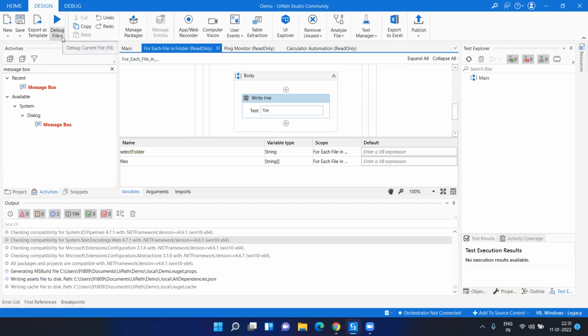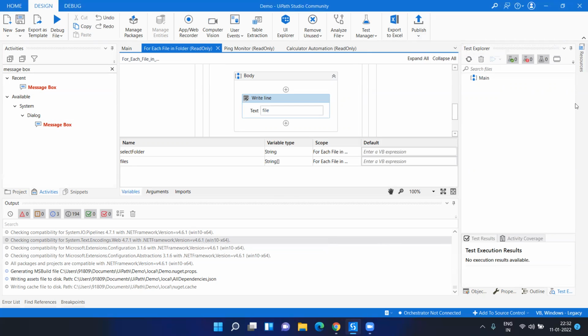If you want to run your project, or let's say the process, you can use the options here: run file, debug, run. And here you can save it as usual, and you can open a new one as well. And export to Excel. Again, it will just be exporting your details to Excel, and publish will be like Orchestrator, whereas you will have a centralized controller of all your processes. Rather than executing from your local system, you can control or orchestrate the different processes or different robots from a different system altogether, controlling systems spread across different areas. So that we will be seeing at a later stage.